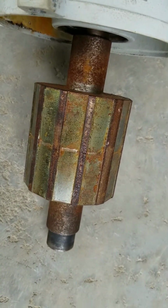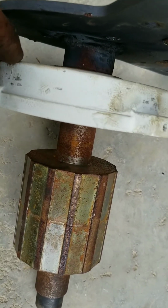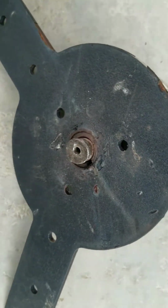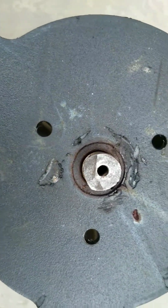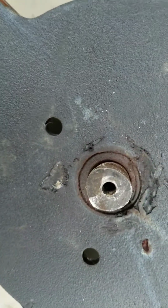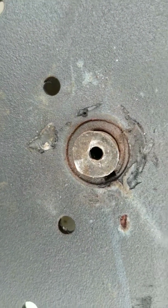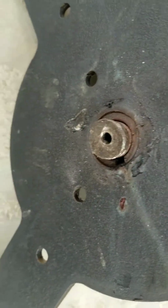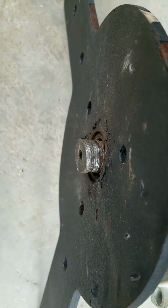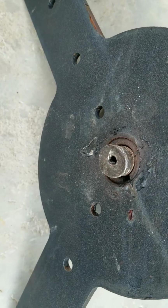But the biggest problem I had was that I took this apart and I attempted to get the mount off the rotor, the blade mount. And it's on a tapered shaft with a keyway, as you can see here. And normally when you have a keyway and a tapered shaft, you just unthread the nut a little bit, give it a couple wraps, and it should break free and come off. Well, that was not the case. And what happened, and you can see this, is that I put my puller on there, and when I put my puller on and put some tension on it,